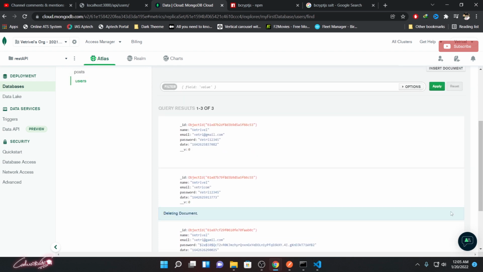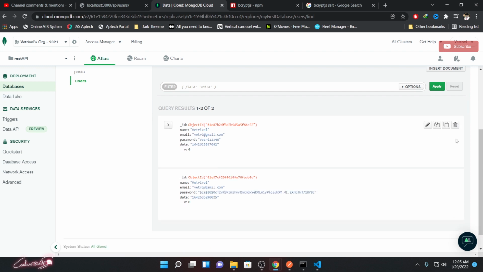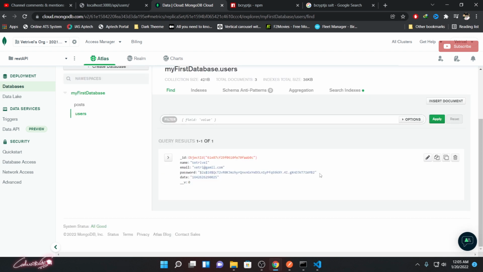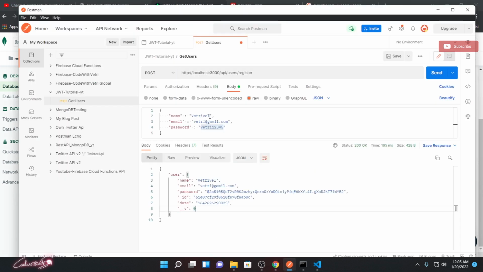So let me delete it. Now I'm having the value which only has the encrypted password. Let me create one more value. Let me type my full name, and let me use my valid email address, reveal.galaxy at gmail.com, and let me use some other password, 123. Cool, it sent. Look at that, we created an encrypted password and saved our details.